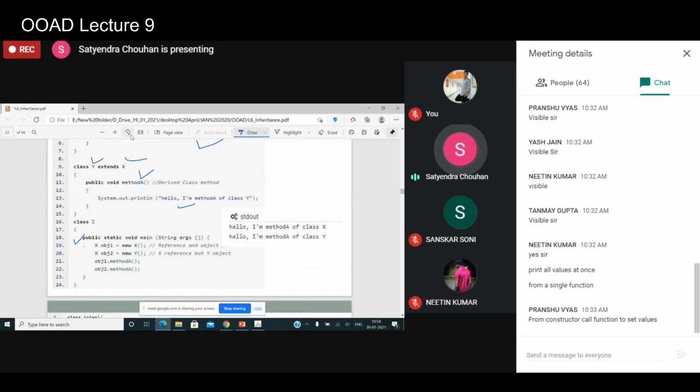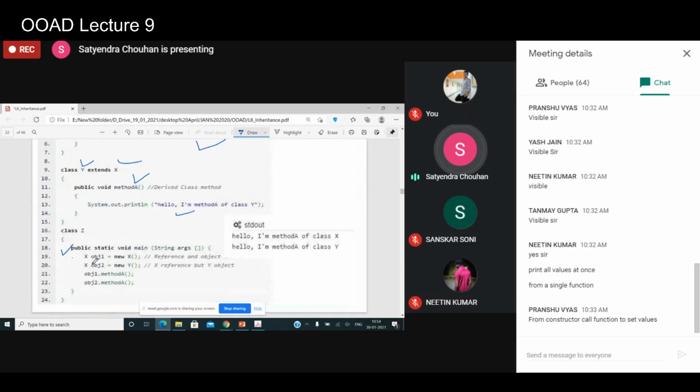In line number 19 we are creating a reference of class X and assigning it an object of class X. Now in line number 20 we are creating a reference of class X, however we are pointing it to an object of class Y.